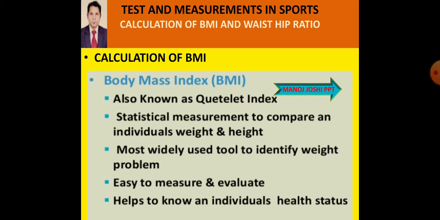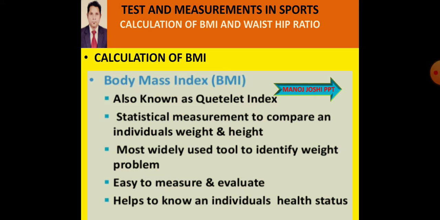Body mass index, also known as BMI, also known as Quetelet index, is a statistical measurement to compare an individual's weight and height. It is the most widely used tool to identify weight problems. This is easy to measure and evaluate. It helps to know an individual's health status, because by the body mass index we come to know the proper weight of the body according to the height and age,